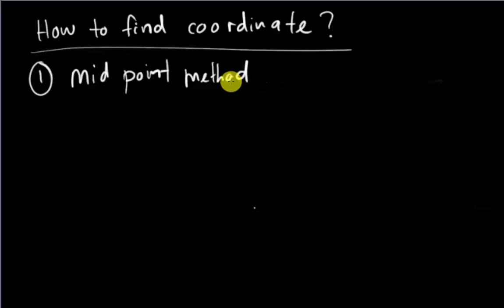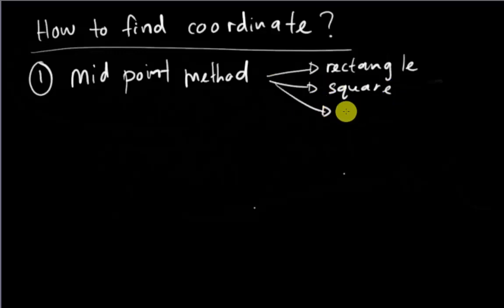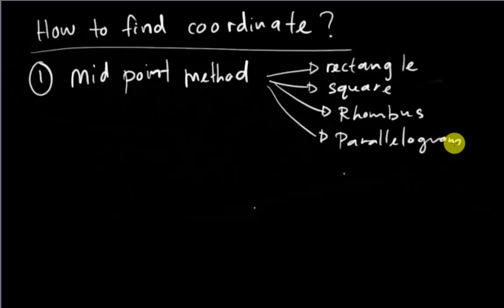So for example, most of the time you will use midpoint in this kind of scenario. Normally it's a rectangle. You can use the midpoint to find it, or sometimes it will be a square, or sometimes a rhombus, or sometimes they will give you a parallelogram. In all these cases, you have to understand that their diagonals actually share the same midpoint. For example, if I have a rectangle,